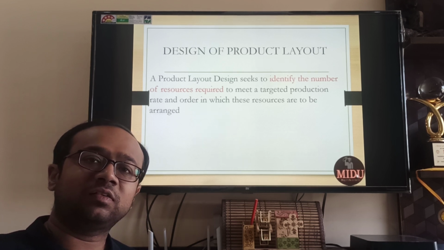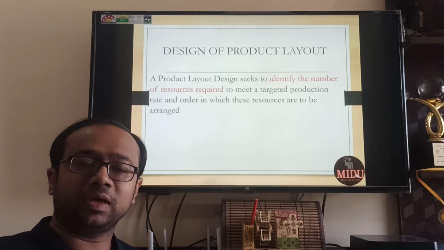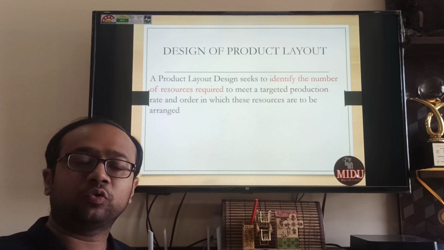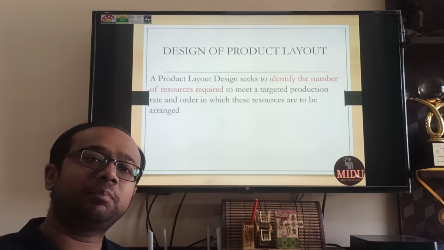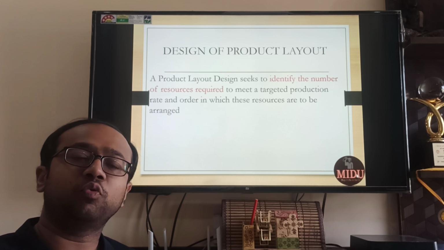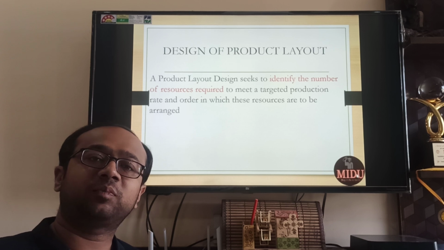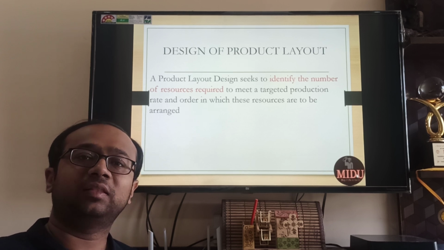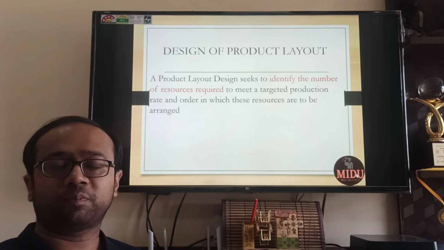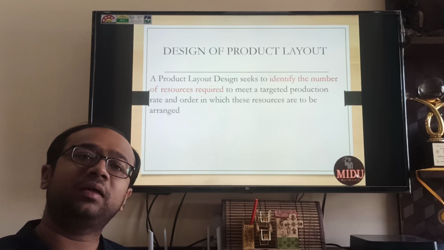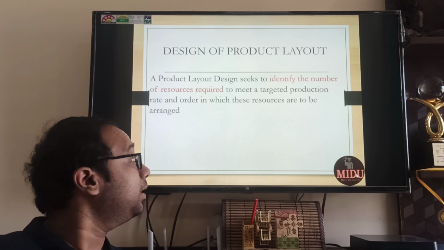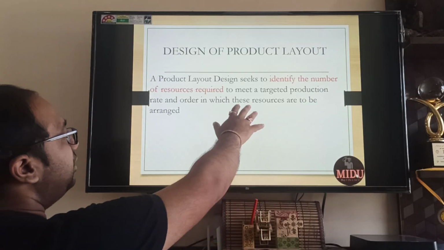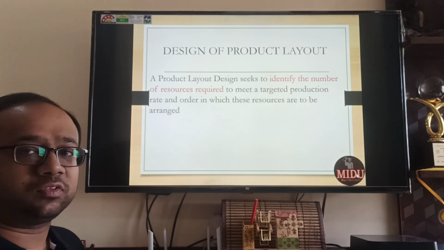In many industries, for example, you are into cloth making, or some item which is made per day, like mobile phones, there you will have a target per day. Products where 3 to 4 days are required, you will have targets per week. You need to make this many kiloliters of paint, for example. You need to make this many shirts, for example. So one is the number, and second, how you can arrange these resources, that is product layout design.